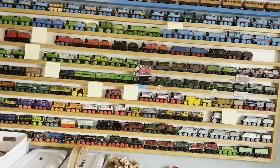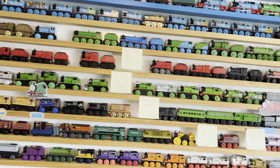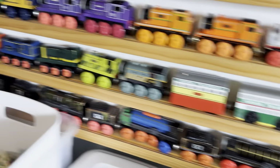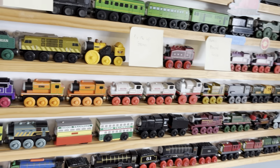So this shelf has changed quite a bit. We've gotten rid of a lot of the sticky notes from last time. There's a couple there, we've got a couple more somewhere else. But we've gotten a lot of the battery powered engines that I was missing. So we've got Hero, we got Charlie. We also have all of the